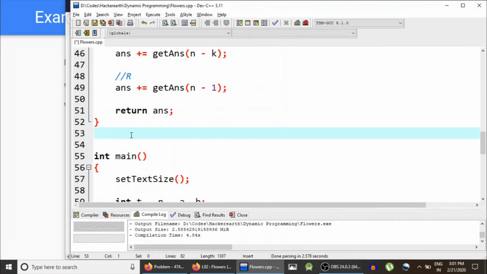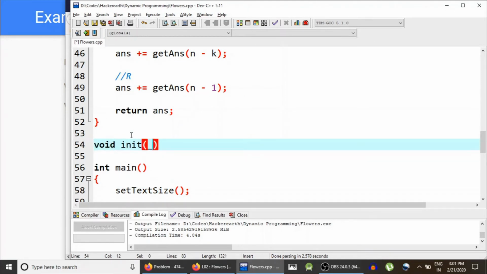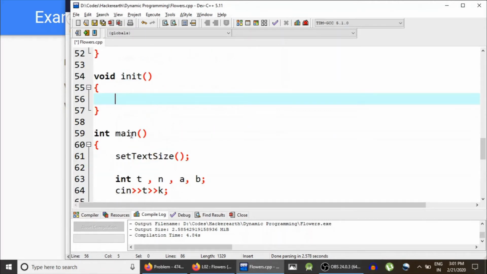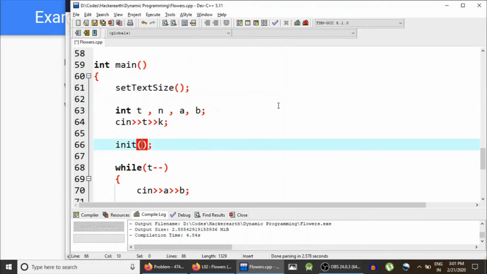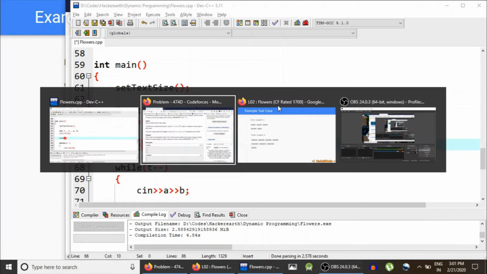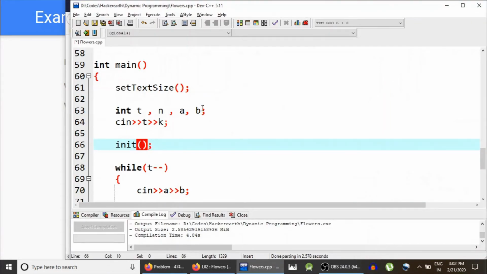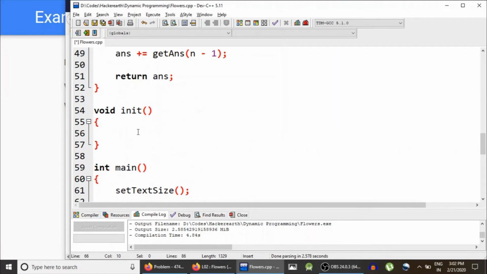Void init function, which is actually to initialize. For the init function, a and b can be 10 to the power 5, so we must initialize it for 10 to the power 5. So for i equals 1, i less than or equal to 10 to the power 5,